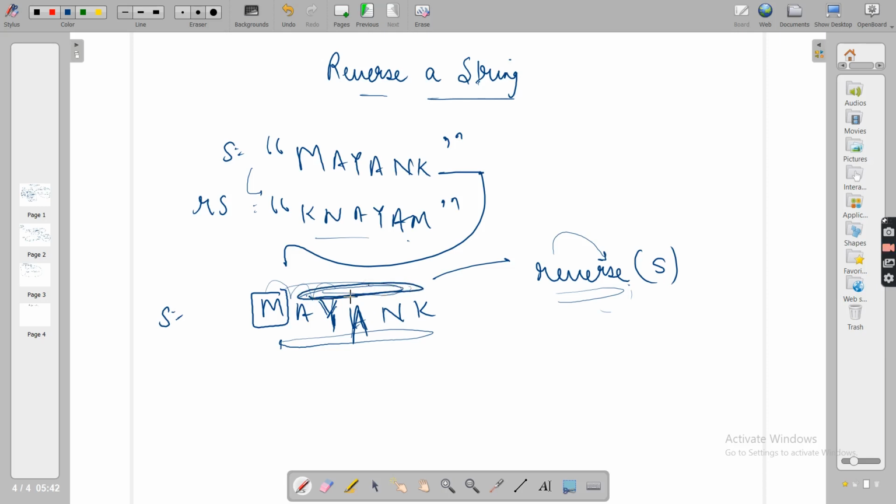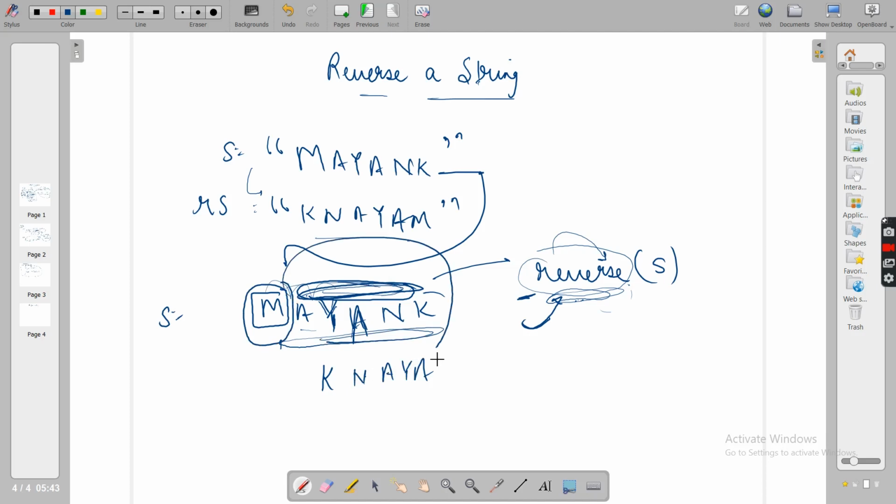If you call reverse on this string, because this reverse function is written to reverse your given string, it will give you as an output Knayaa, the reverse of this string. See, you got the reverse. Now what you have to do is just add whatever you were having at the end. You got the reverse of the entire string.